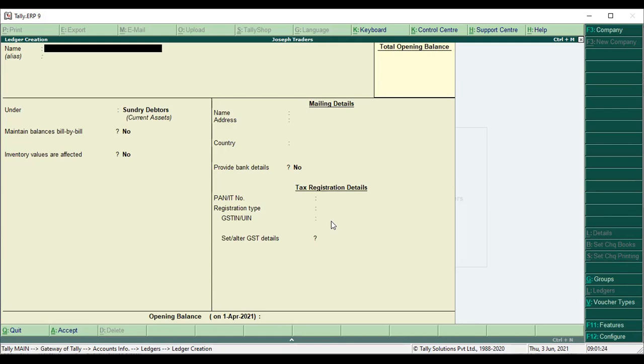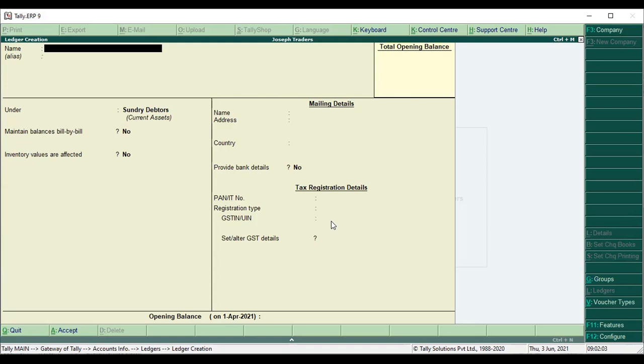We are buying from whom? Virat Traders. Which registration type? He is a composition dealer. A composition dealer cannot collect any type of GST taxes from any other party. Remember, a composition dealer has no right to collect GST taxes.